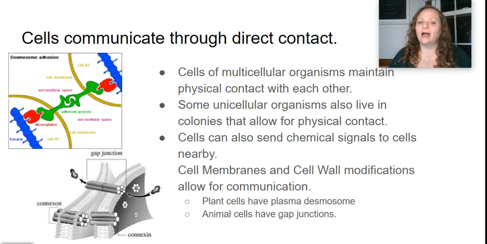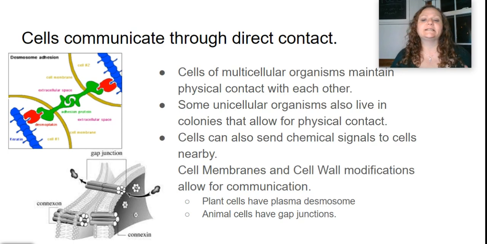Bacteria will actually live in little colonies, and it allows them to have that physical contact. The really cool thing is that those bacteria then can actually take actions all at once. We see the same thing with slime molds in the Protist kingdom, where those slime molds will come together and form a colony when it's time for reproduction, and they send signals to one another to let each other know that they're ready, and they form a fruiting body much like a fungus would,